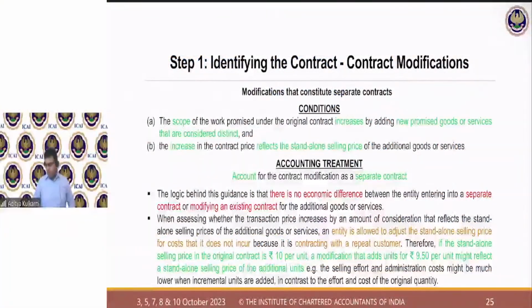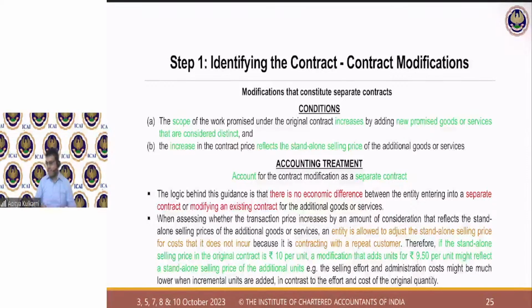All right. Welcome back, guys. So I hope what we discussed in the first session has been of significance to you. Are you guys able to understand? Yes. So distinct goods and or services, distinct in the context of the contract.